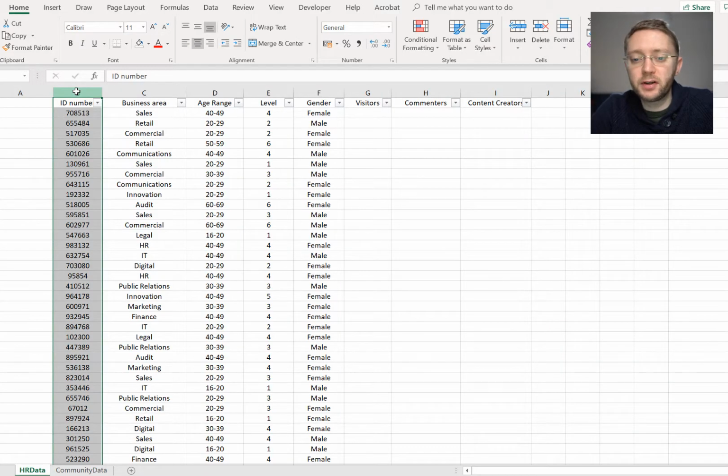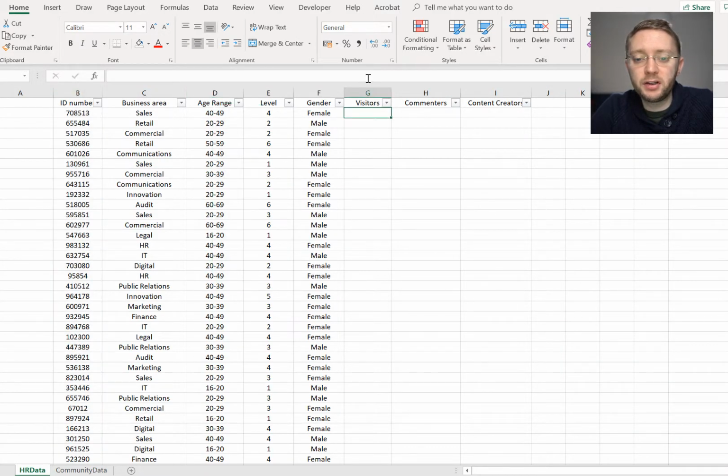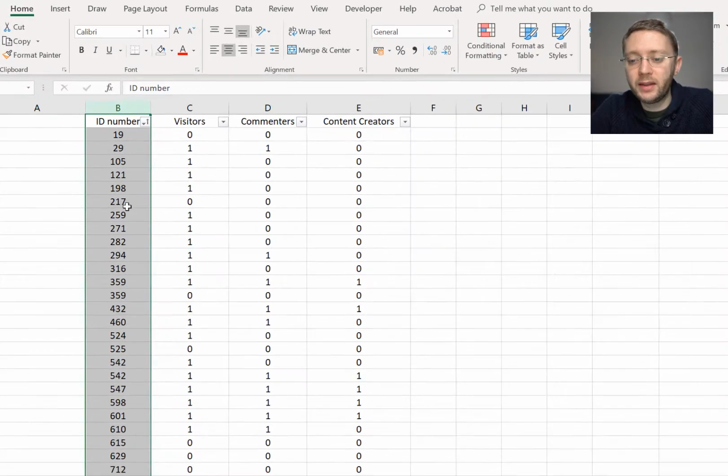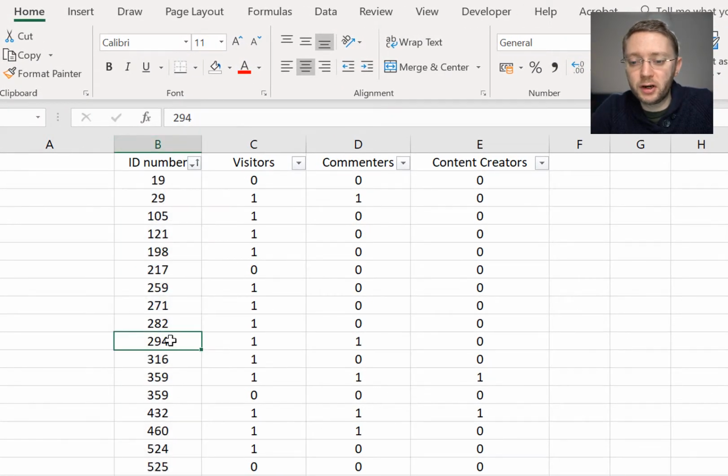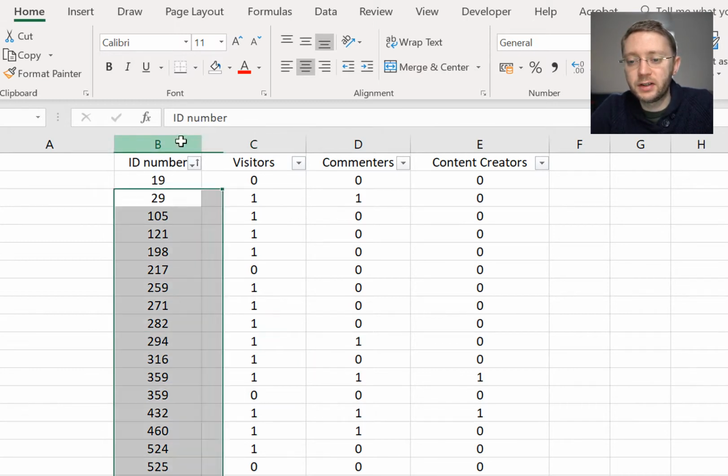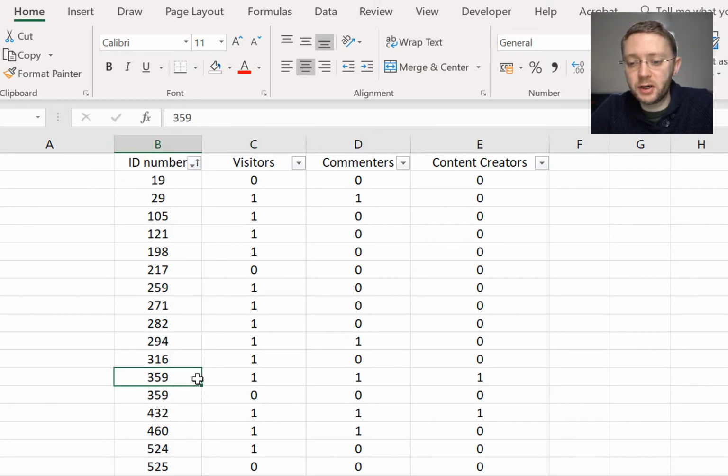So in this case, we're going to use our ID number, and we're going to use something that's called a Vlookup. What a Vlookup does is look up that person in another set of data, and once it finds that person, it's going to go across a number of columns that we choose to tell us the result. So for example, it's going to look for that person 705 in this list, and then it's going to say, when you find that person, go across one column and tell me whether they're a visitor or not